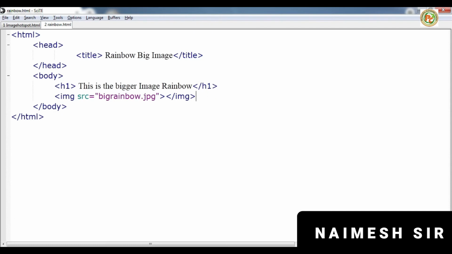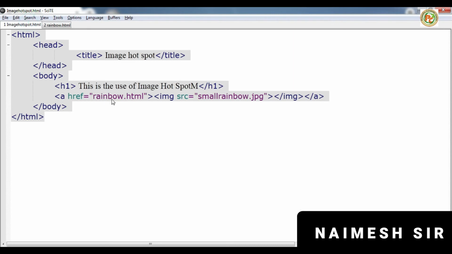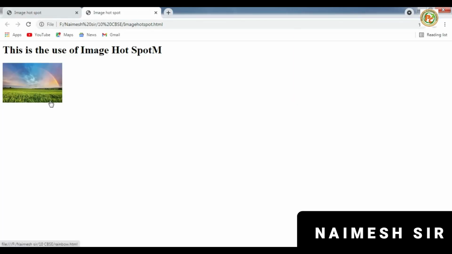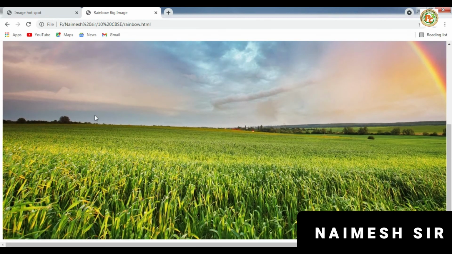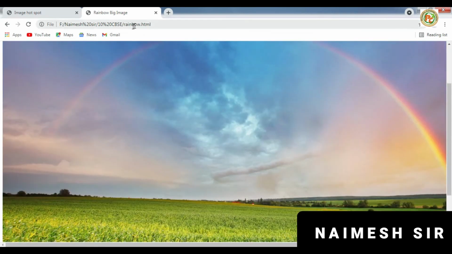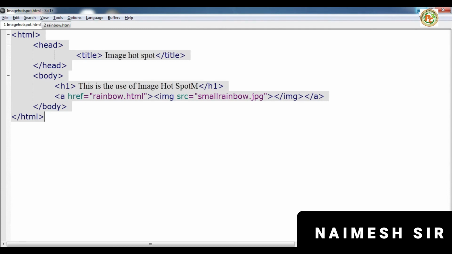Now press Ctrl S and press F5. Here you can see the hand icon. If you click here, it opens, and you can see the rainbow image HTML page appear. Similarly, the second image we are going to display is the chocolate.